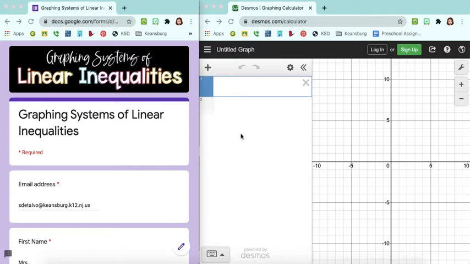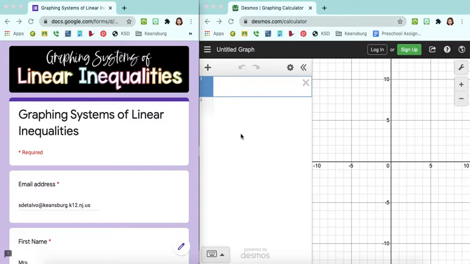Use Desmos.com in order to help you graph systems of linear inequalities. So last class we used Desmos just to graph inequalities and see what the graphs of those inequalities looked like. And today we're going to take it one step farther and actually graph systems of linear inequalities to get the